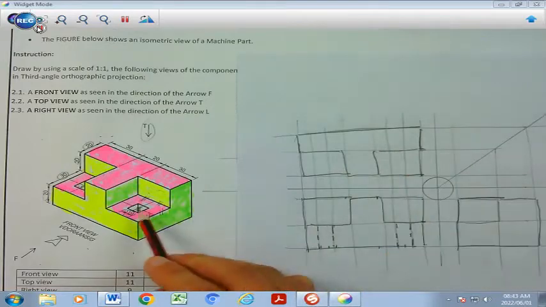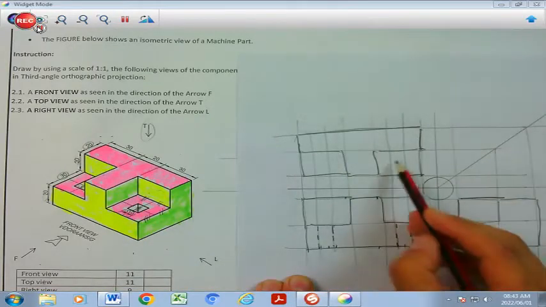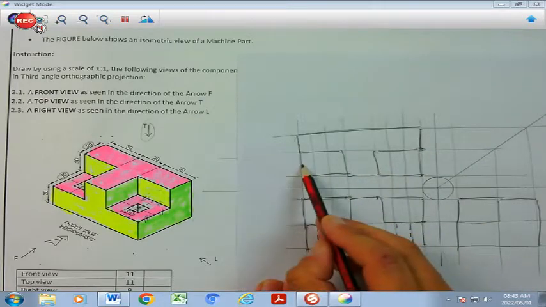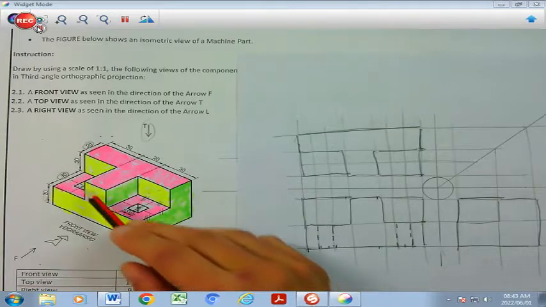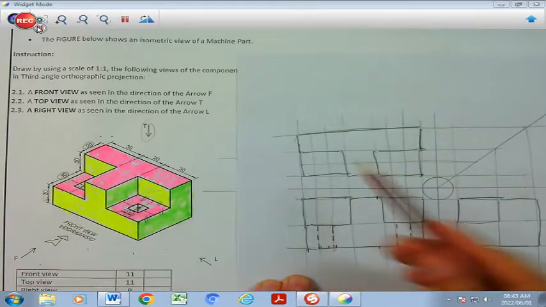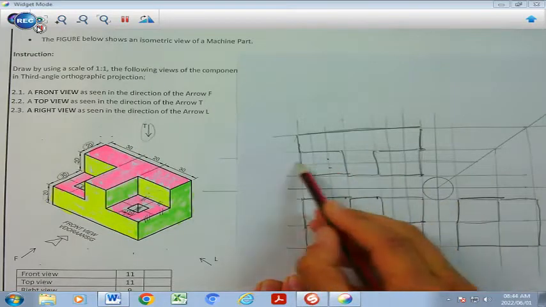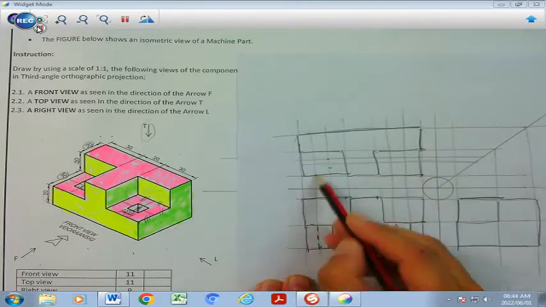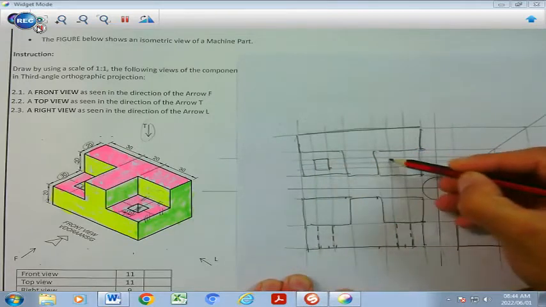If I look at my top view, I will find that that is centered to this space over here. I already have my sides, so I'm going to create the center which runs like that, which is going to be half of 30, which is 15. Then I'm going to go 5 to that side and 5 to this side, and I will create that right through. So now in this space here, I'm going to create that